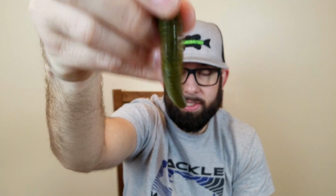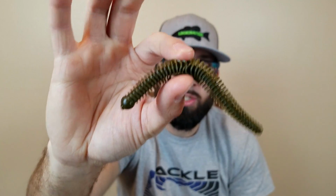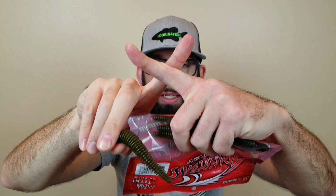You can see that tail is tapered there. It goes right down in the Wacky tool. You always want to make sure you rig these with the 2 O-rings. I've talked about that in my previous videos. Use the O-rings that cross in the middle, run your hook in between them, and you're gonna save a ton